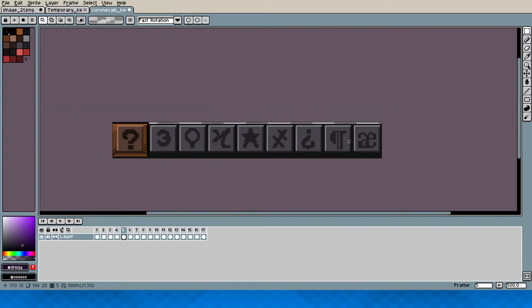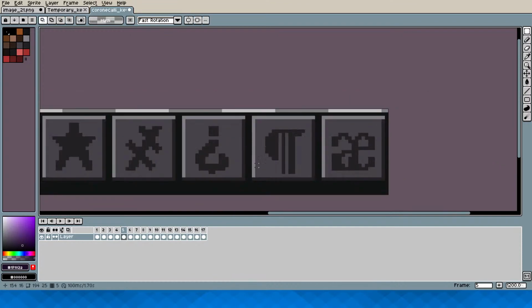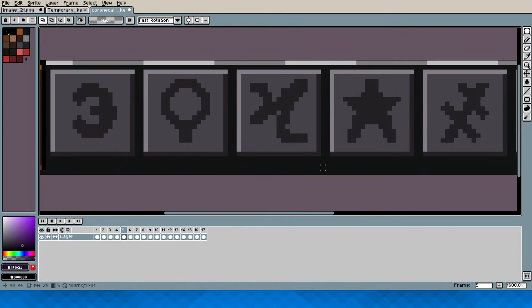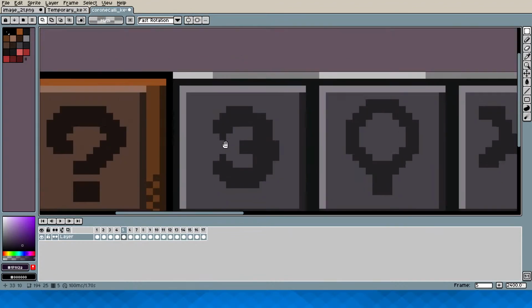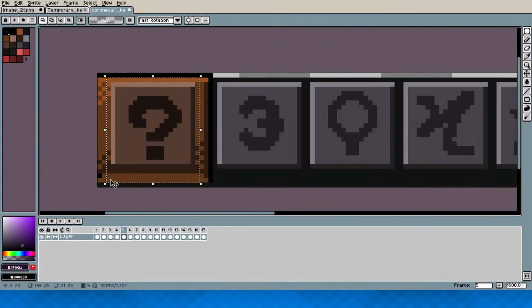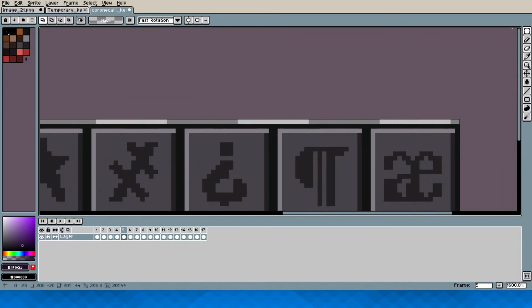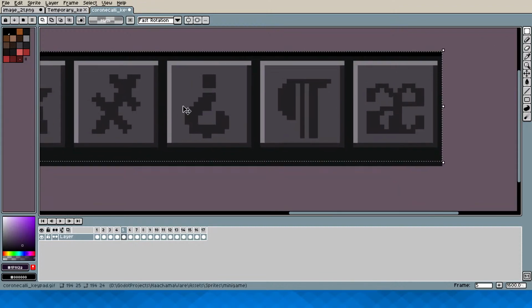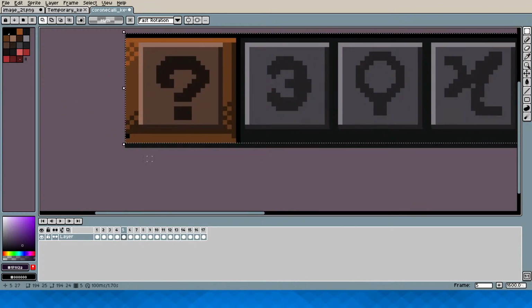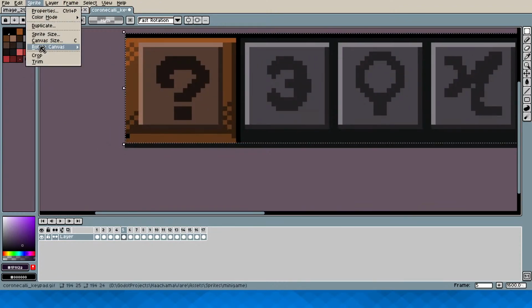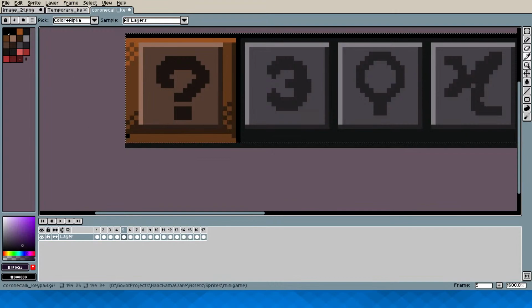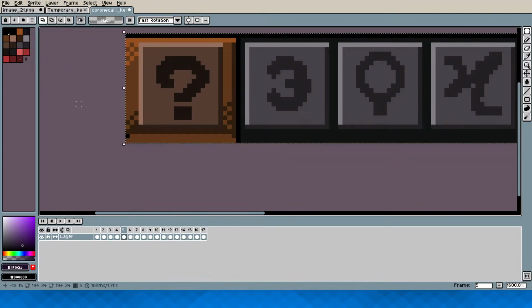Alright, so let me just, for each one, actually this button right here on the left, I have no idea what this is supposed to be. Actually, I can crop this bottom pixel out as well, since this is just one color. I don't think this appears in-game, at least in the animation. No, it doesn't. Okay, just crop.